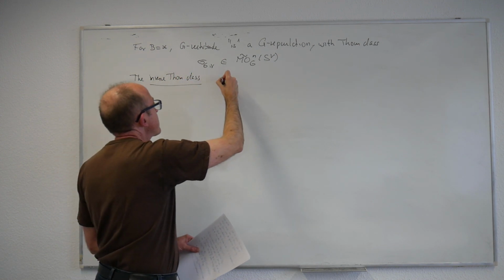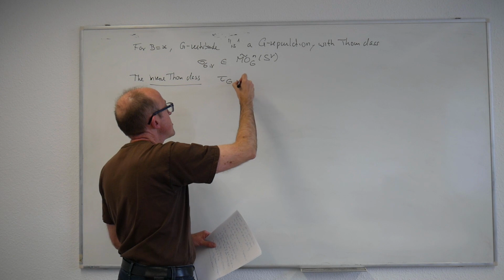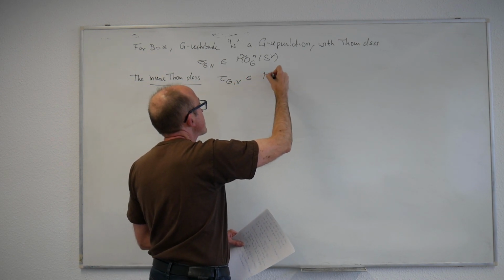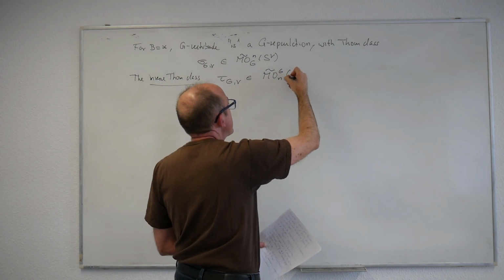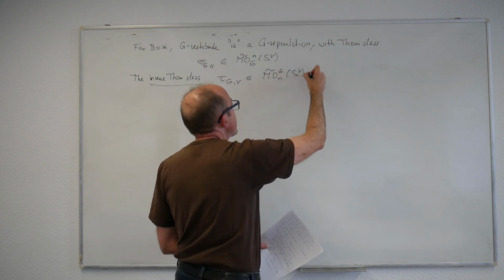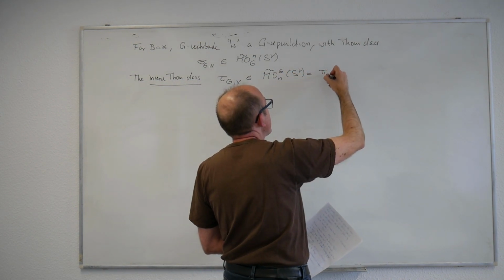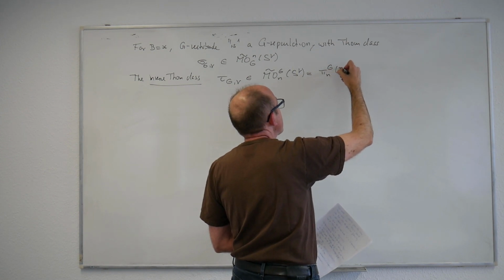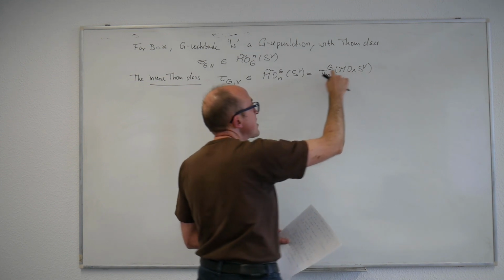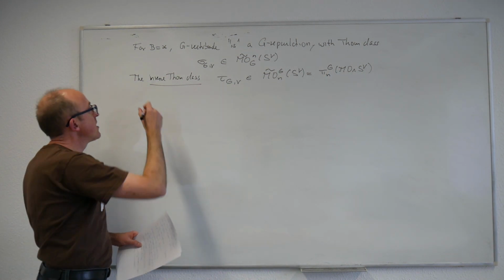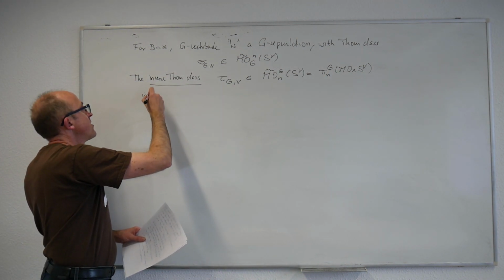The inverse Thom class, for which I write tau_GV. So this is a reduced G-equivariant homology theory of S^V. So this is just pi_n^G of MO smash S^V, with G action coming from here. MO is a global homotopy type, so this can be defined explicitly.